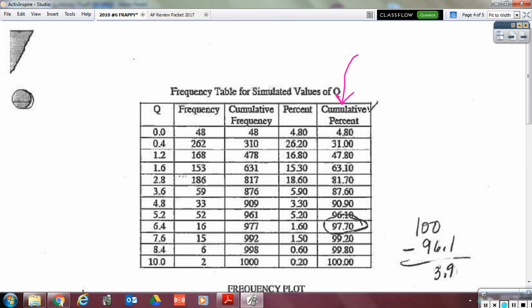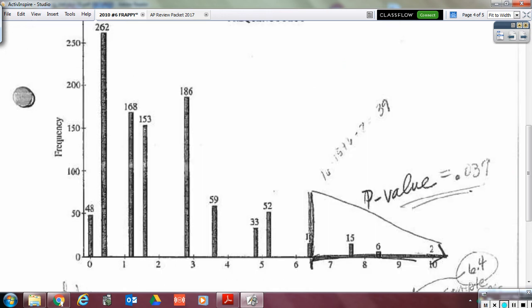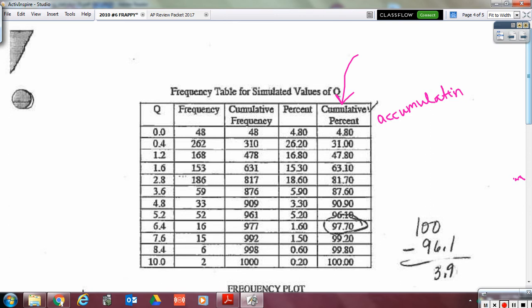This is accumulating the amount of data. Okay, it's accumulating the amount of data. So do you see that by the bottom of the chart, we have accounted for 100% of the data. So right here, we've just had 48 samples, which is 4.8% of the data. Then we added 262 more samples to it, so that means we have now accounted for 31% of the data,